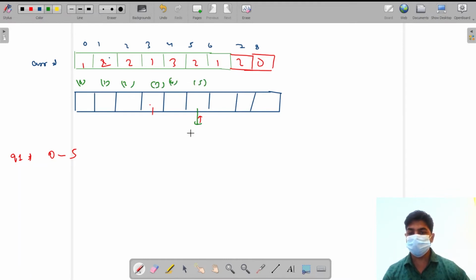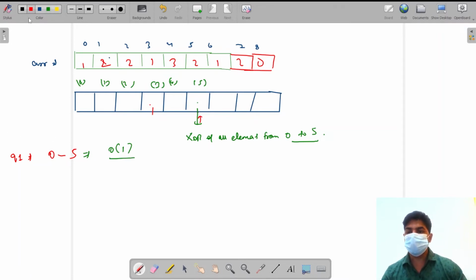What I have stored over here is the XOR of all elements from 0 to the 5th index. So to calculate this query, I will not traverse the array. I can simply access this location, and in order of 1 I will get the answer for this query.